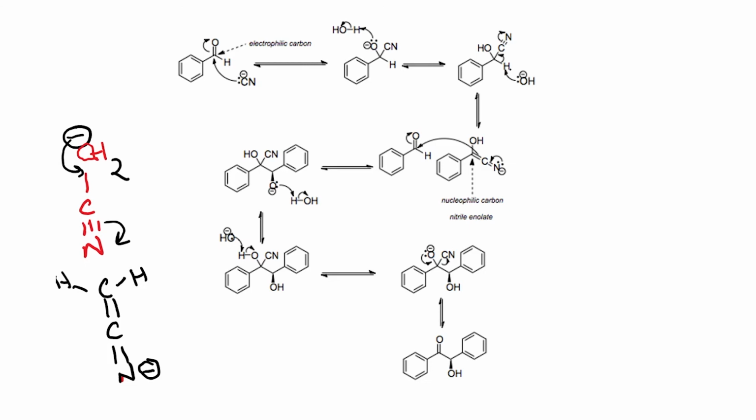Because you have a base here, this hydrogen can be pulled out and you form this nitrile enolate. And now the nitrile enolate is in a great position to attack the benzaldehyde. And here is the carbon-carbon bond forming reaction. And you regenerate the nitrile. Subsequently you have picking up of a proton to give you this OH. And now the last step of this reaction is to regenerate the ketone because the product doesn't have the cyanide in it. The way the ketone is regenerated is to produce this, again, tetrahedral intermediate, which then kicks out cyanide to give you back the final product.